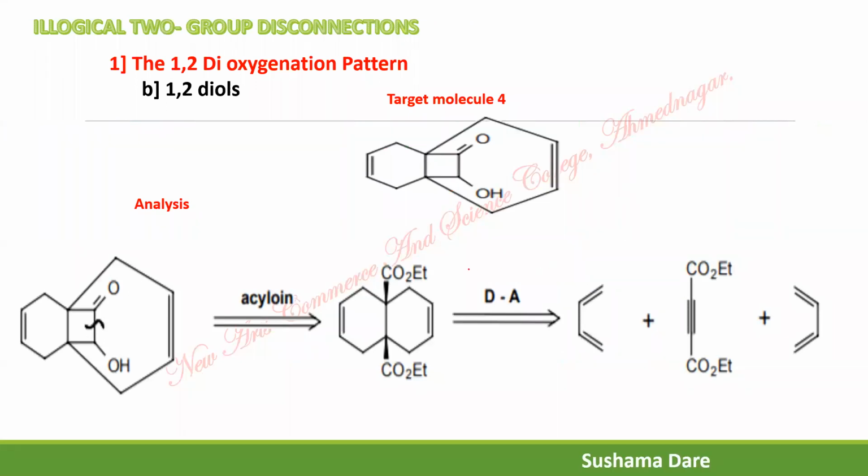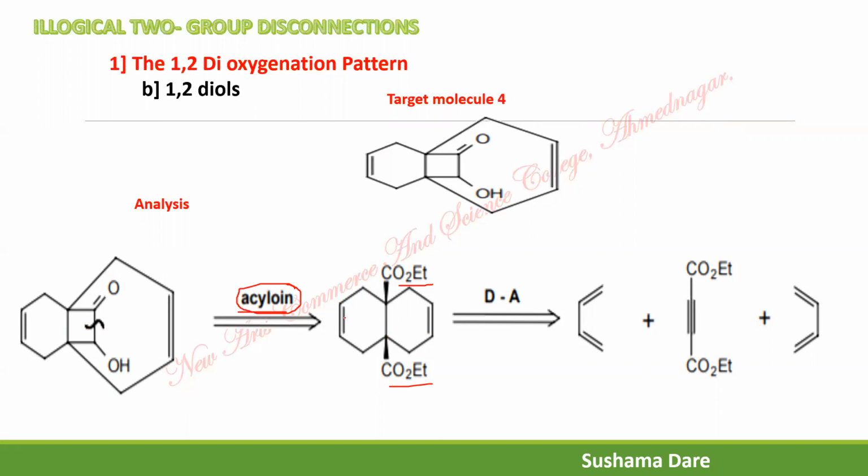Now this is the next example. In this example, again it is an alpha hydroxycarbonyl compound. Look at the analysis, we have to disconnect this bond. After disconnection of this bond, that is an acyloin reaction, and due to the acyloin reaction, now look at this, this is a 6-membered ring, this one is also a 6-membered ring, and here there is an ester functional group, COOEt and COOEt. So my request is to find out what the acyloin reaction is and write down its mechanism.